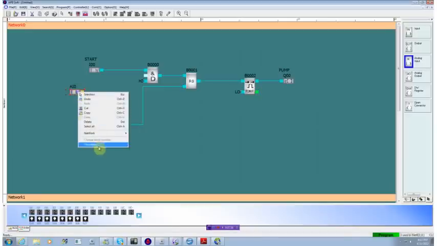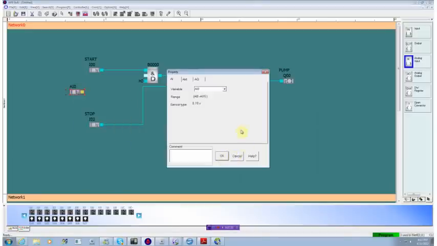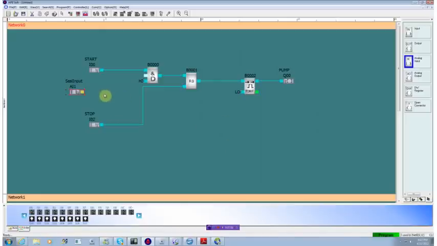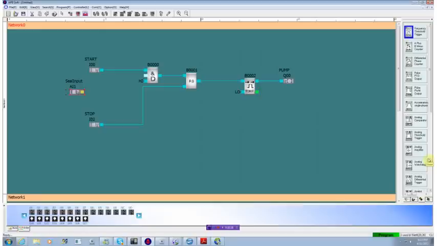So if we go in and look at the properties on an analog input, first of all, since our digital input is using input 0.0, we want our analog to use input 0.1. And we'll call this CO input. And then we have to do something with our analog. Well, if we go into our analog section, we see that we have something called an analog threshold detect. And if we put one of these in and go in and look at its properties,